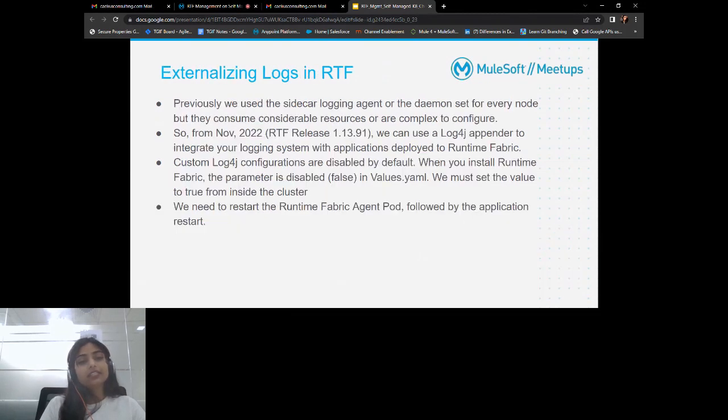So how can we externalize logs in RTF? Previously, we were using the sidecar logging agent and the daemon set for every node, but they were consuming a lot of resources and they were very complex to configure. So in November 2022, RTF released that we can use a log4j appender to integrate a logging system with an application which is deployed in the RTF. And also with the log4j configuration,